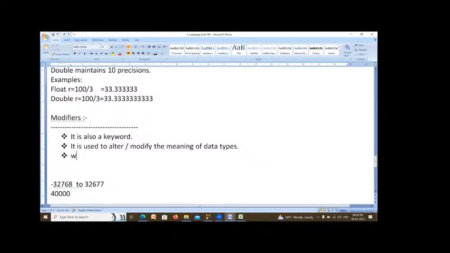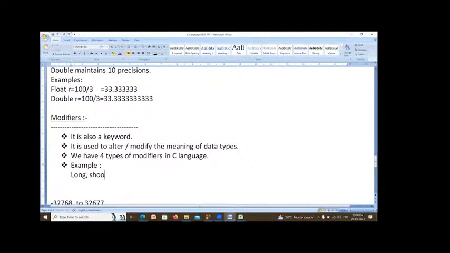In C language, we have 4 types of modifiers. For example, these are long, short, signed, unsigned.